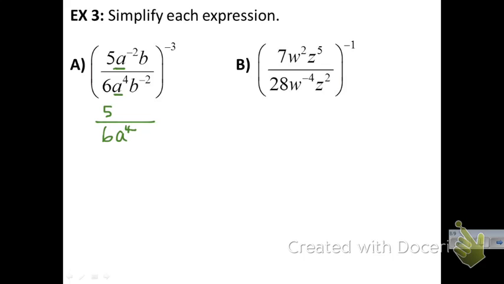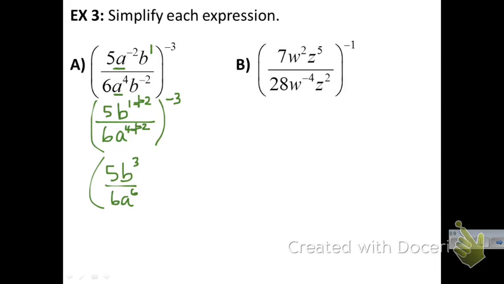That would become 4 minus a negative 2. Again, you can see where you have that double negative, you're going to have to add those values. Then if there is not an exponent on the b, remember that it's a 1. So we can see that the 1 is greater than the negative 2. So we're going to leave it on the top. 1 minus a negative 2. Again, you've got that double negative, so you'll add. Then I'm going to rewrite this as 5b to the third over 6a to the sixth, and this is all